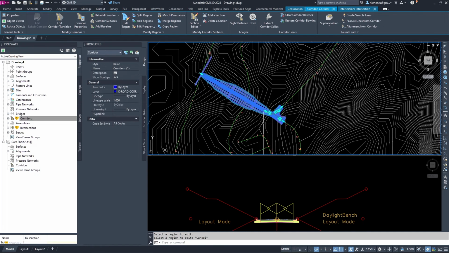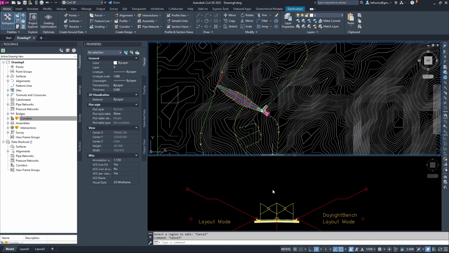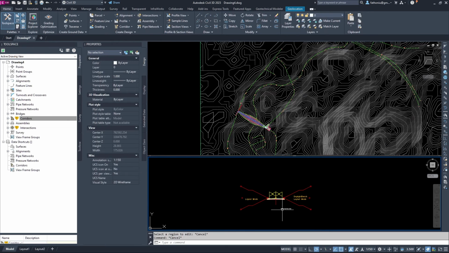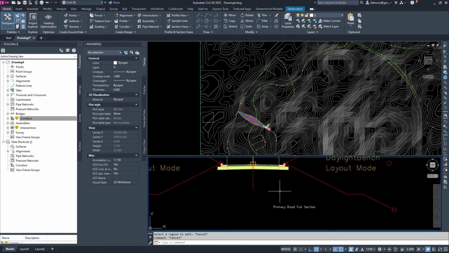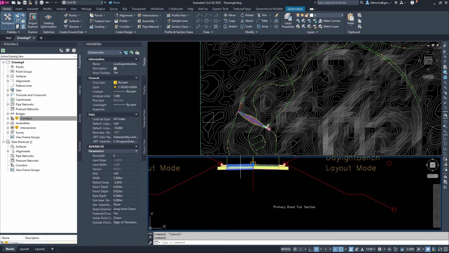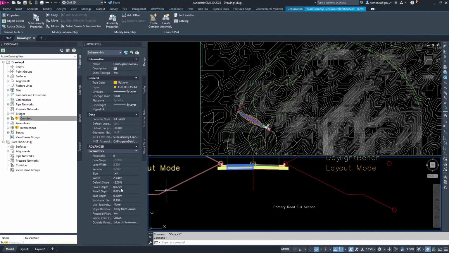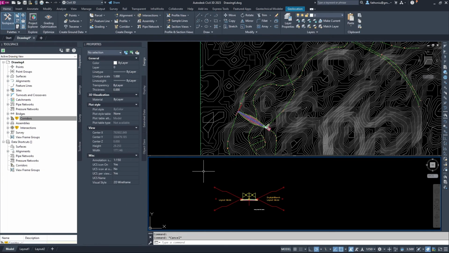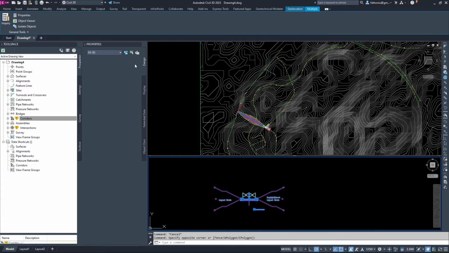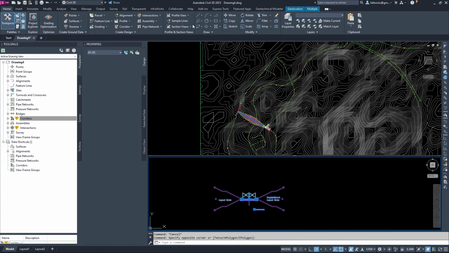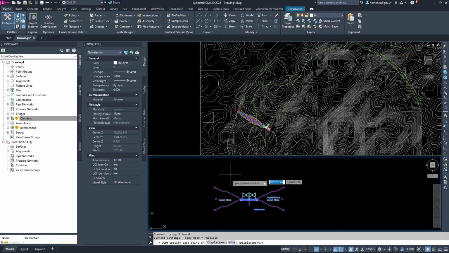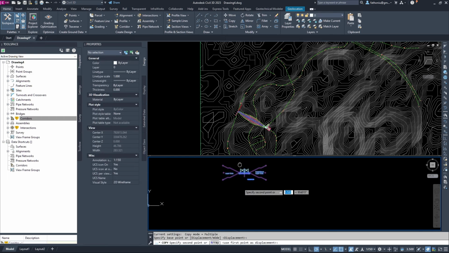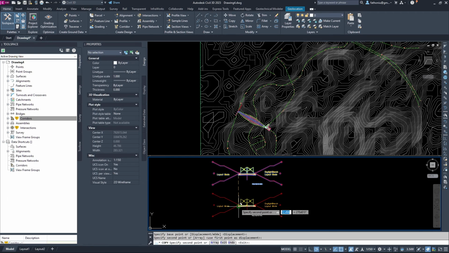So if you want to create another one, copy this one, the full primary road, because this one without the super elevation is not applied. So then we copy this, and then go home, copy, click here, and then put it here.